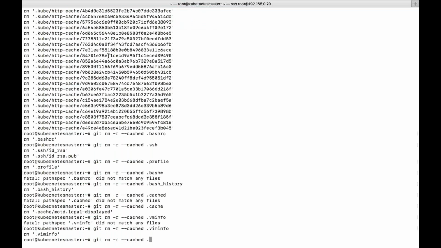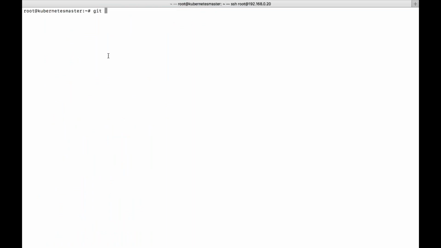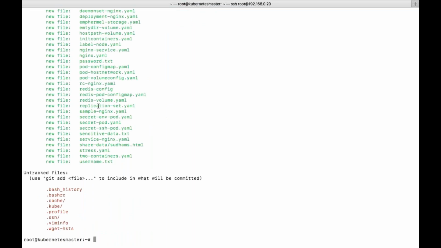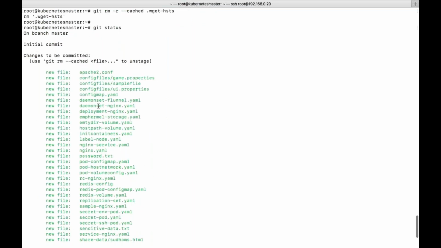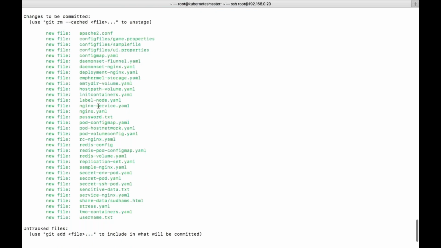Now see git status. A few files are added and a few files, which are not required, I have removed. So now these files are important. I can't see any dot files. That's fine for me.